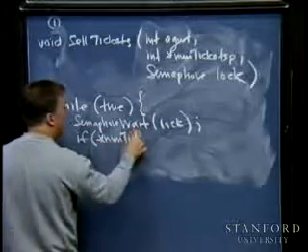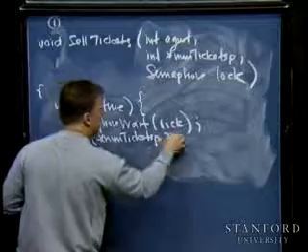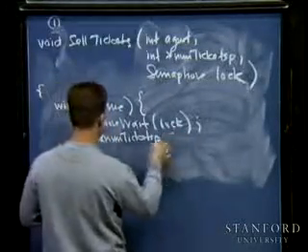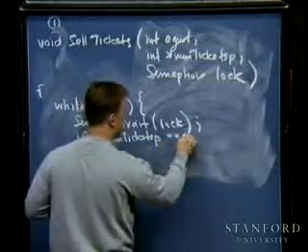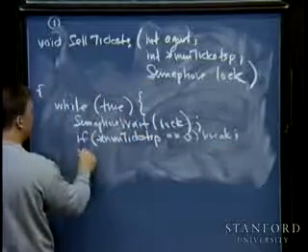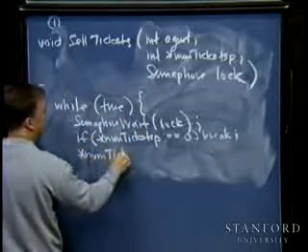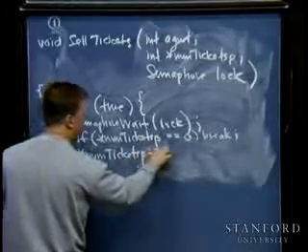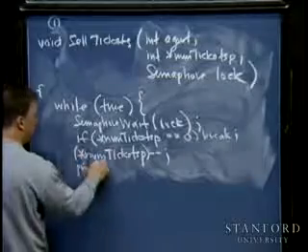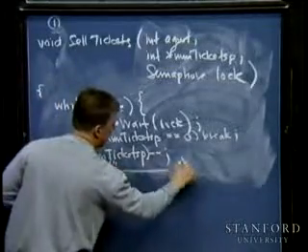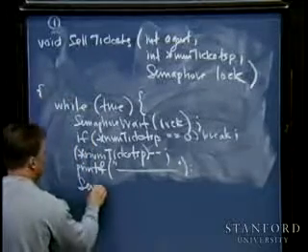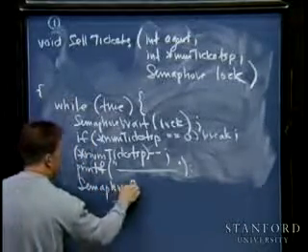Num tickets P is greater than 0. Or I'm sorry, I'll change it. If num tickets P is double equal to 0, then I want to break. Otherwise, I want to do this. I want to put whatever printf I have right here to say that I sold a ticket. And then I want to semaphore signal